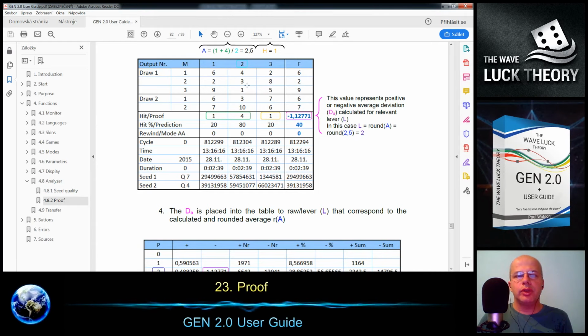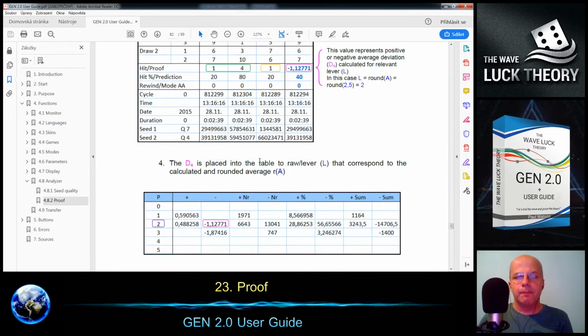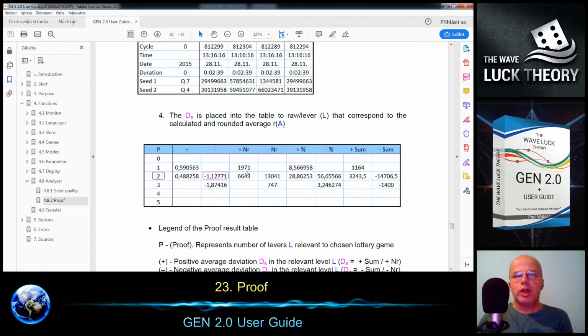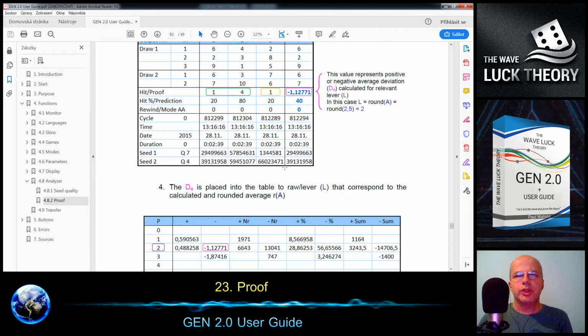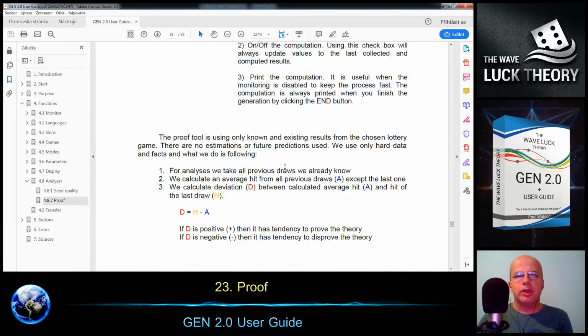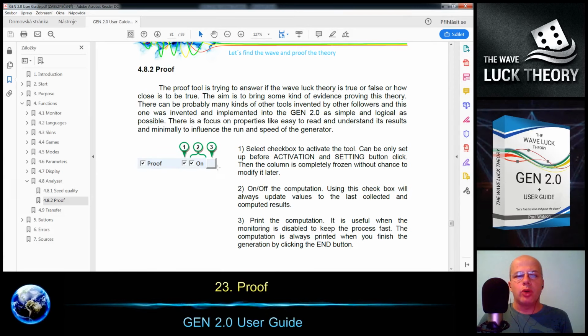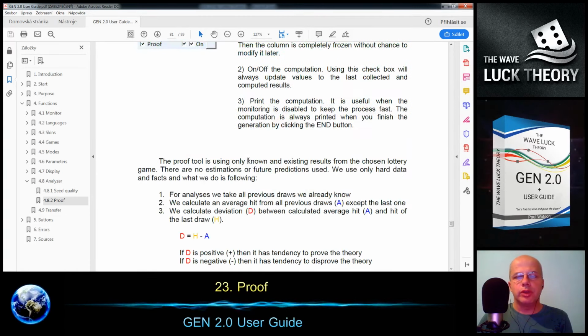In case of the filter, sometimes the gene goes back before it passes the previous draws, so then it's not considered as a result and it's not calculated. So I repeat again, not only printed results but all the results are considered in this computation in case the proof calculation is on during the generation.